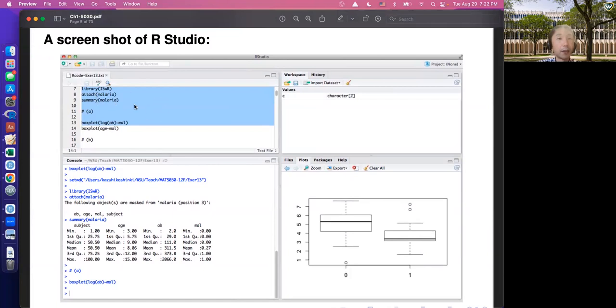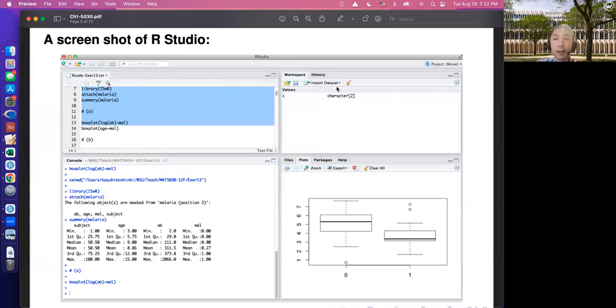So here you can write code. Basically, this is a kind of notepad for your code. And you can run, for example, lines 13 and 14 in this console. If you use the raw R language, probably you have to open a text file to write your code. But in RStudio, both are integrated into one software.